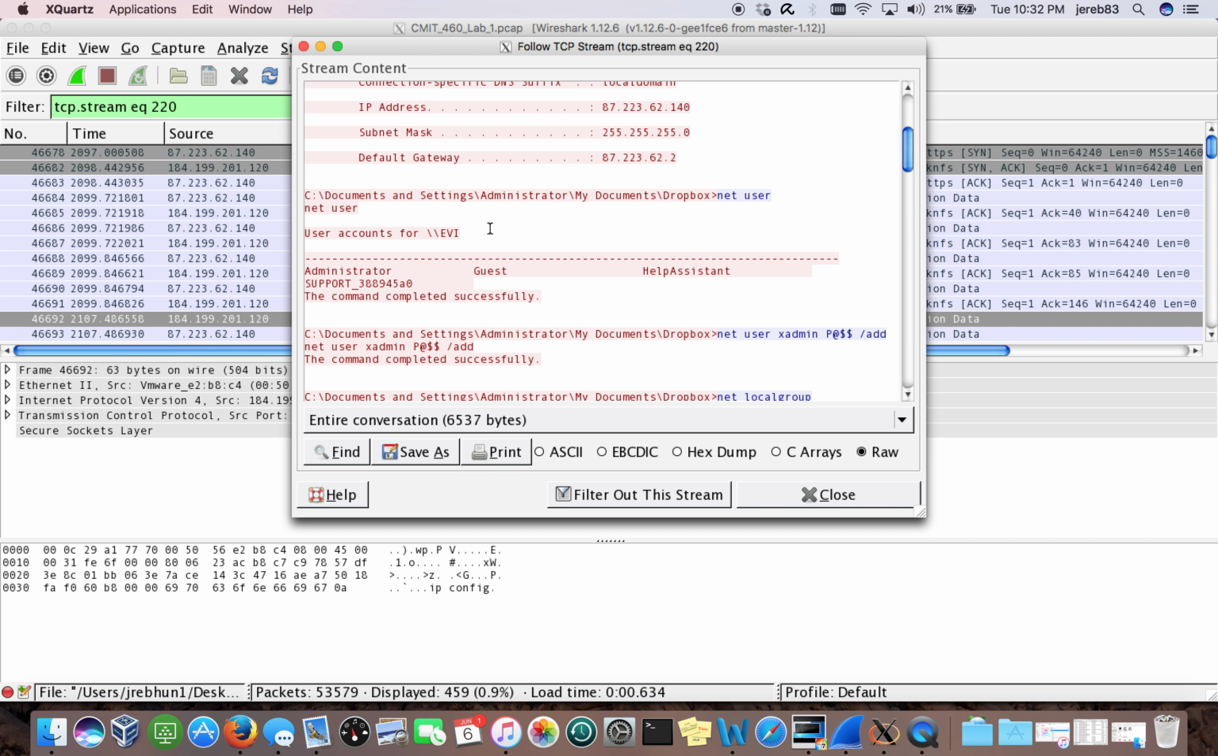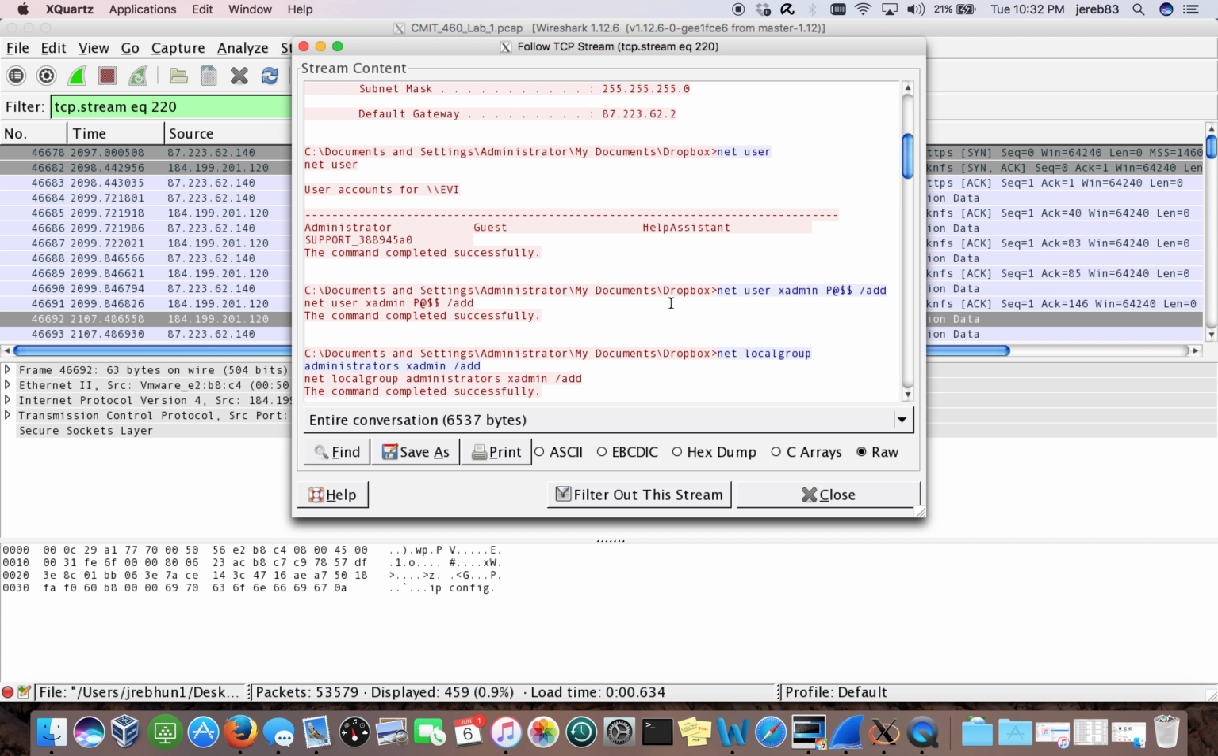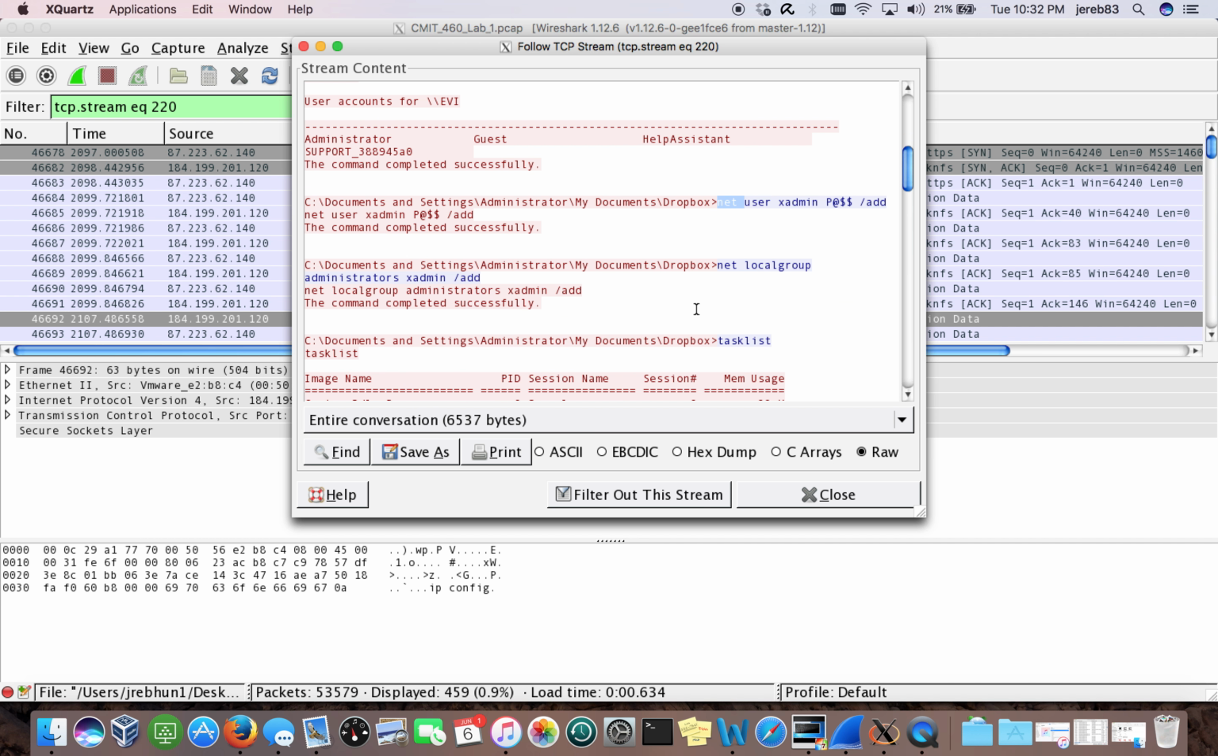So here you have a handful of questions answered. I think it says, where is it? Were any users added to the victim system? If so, list the users and correlate the network packets of this activity by listing the beginning packet number. So here you go, you see that in fact they tried to do a net user xadmin, net localgroup